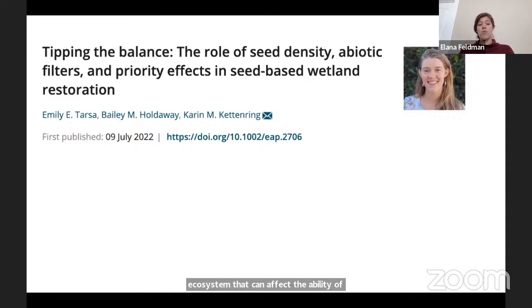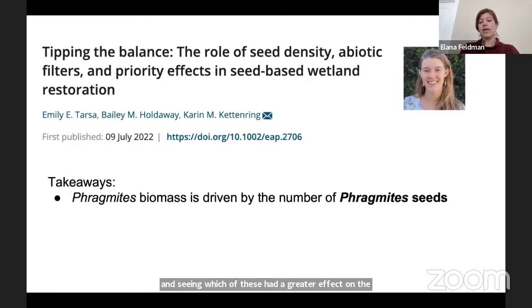But one experiment she conducted that was important for my own research was looking at Phragmites planted at different densities along with native seeds planted at different densities and seeing which of these had a greater effect on the presence of Phragmites in a community. And her main takeaway was that Phragmites biomass is driven by the number of Phragmites seeds, not the number of